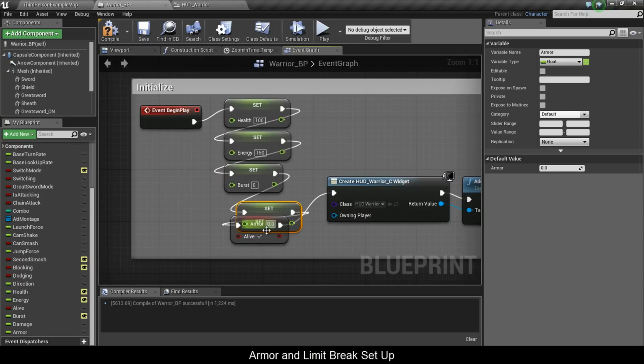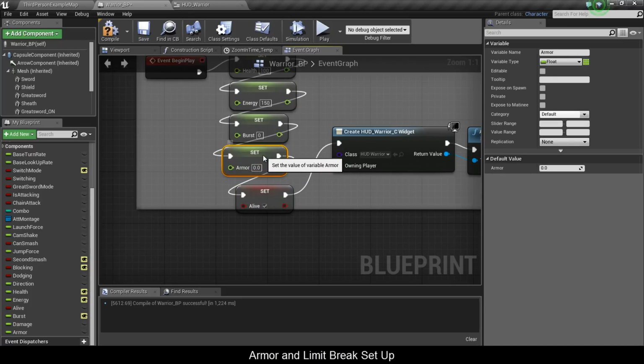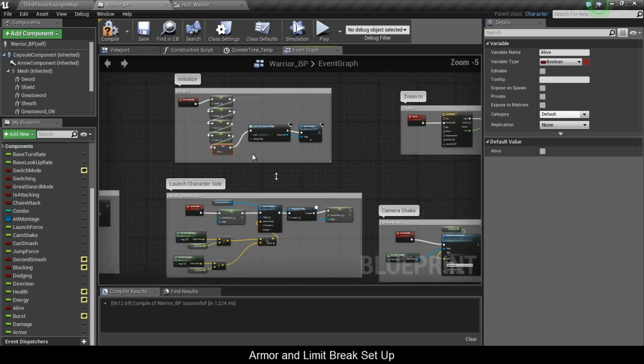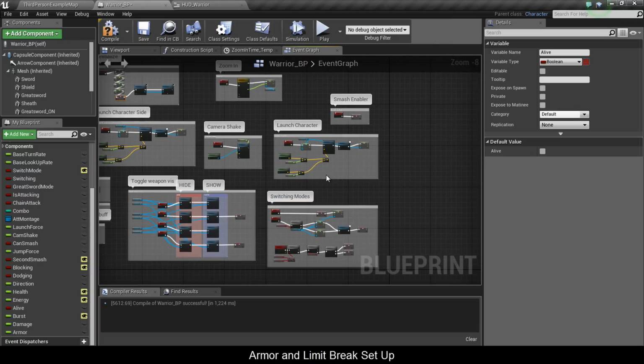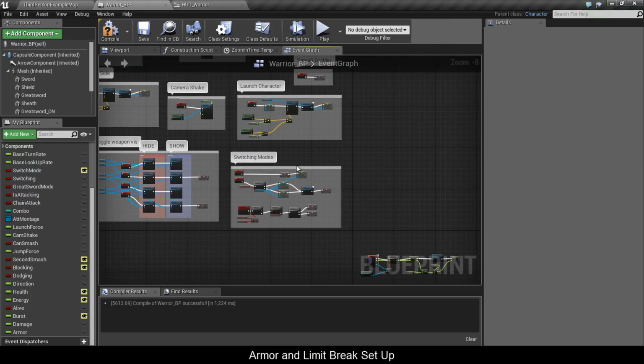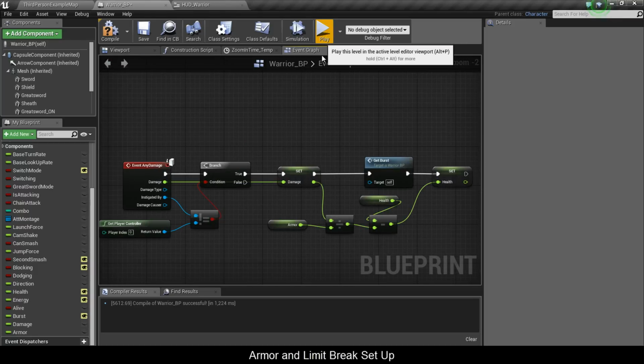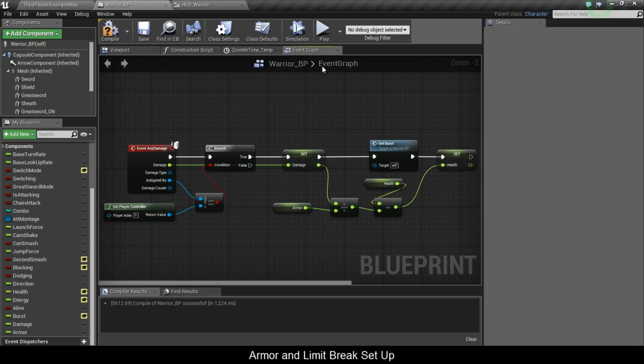Set armor. Now you don't want to divide by 0 because it'll make the universe explode. You know how it works. So we'll give him an armor of 1.3, so it's 30% damage reduction, which is quite a lot. I mean, for weak characters that have no armor, you probably want to put that value anywhere close to 1. And if they go in berserk mode and you want to make them get more damage, well, you put the value below 1. Now, just gonna save this